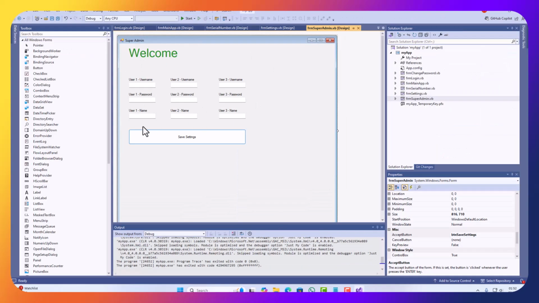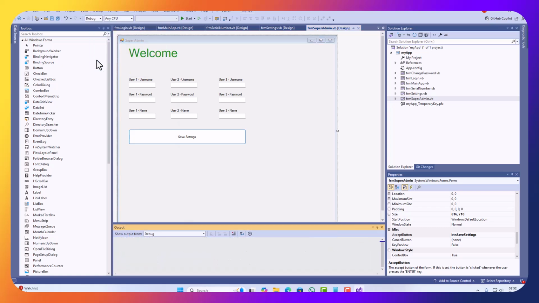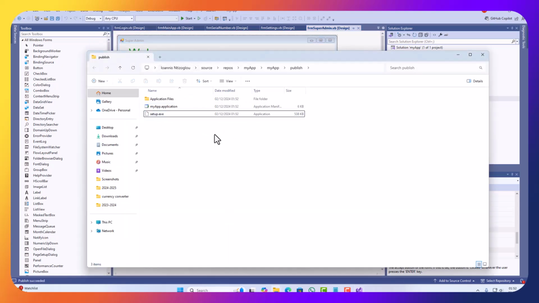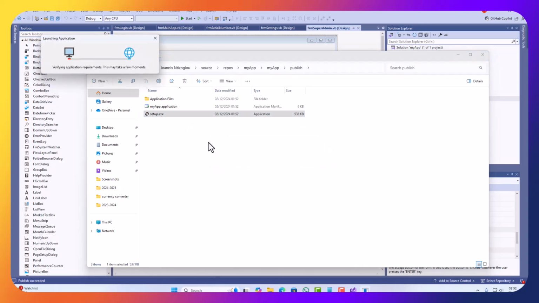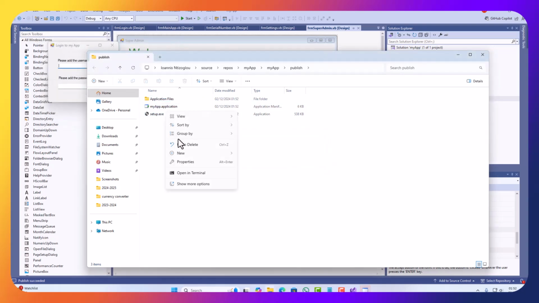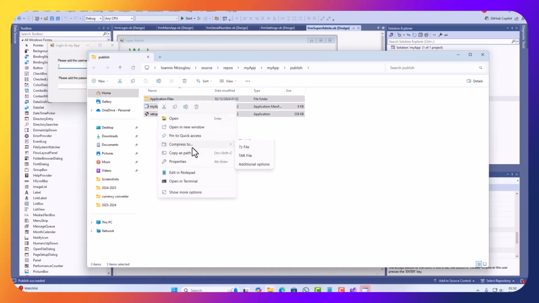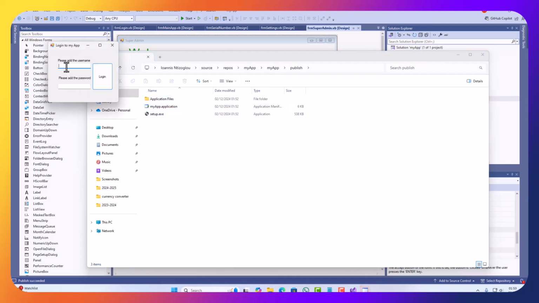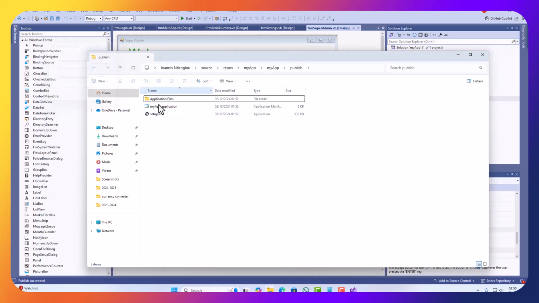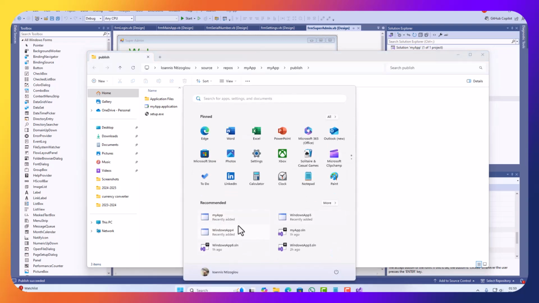And the final thing, now we're going to go to save all, build, publish my app, finished, and then highlight all this, right click and compress, send to zip, and basically start selling your application. So I've got this now. So if I go here, my app,